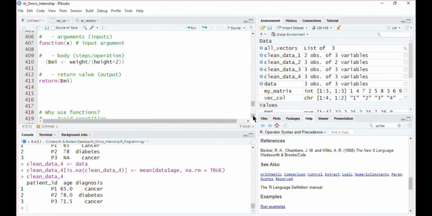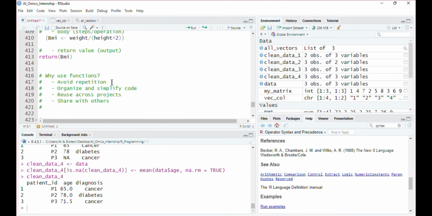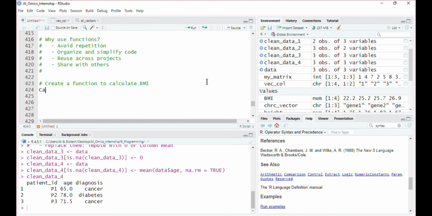Let's create our function to calculate BMI. First is the function name, that will be calculate BMI. Next, we use the function keyword to create our function.